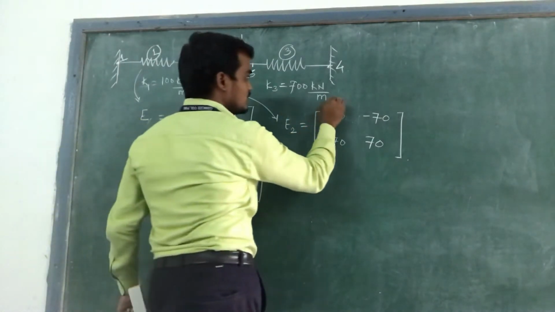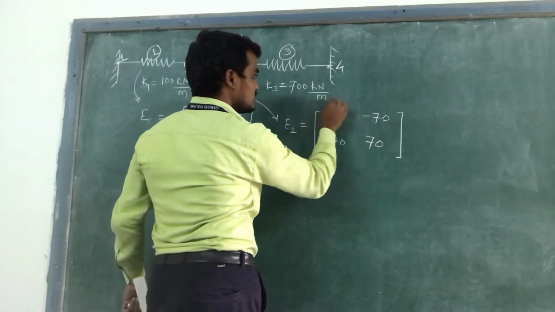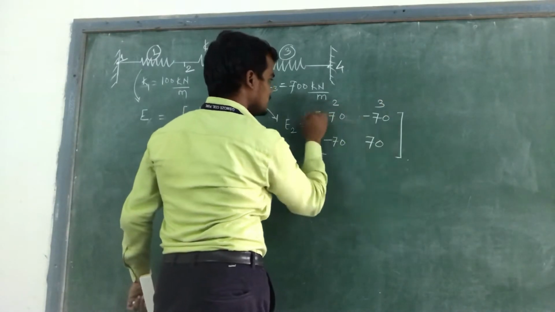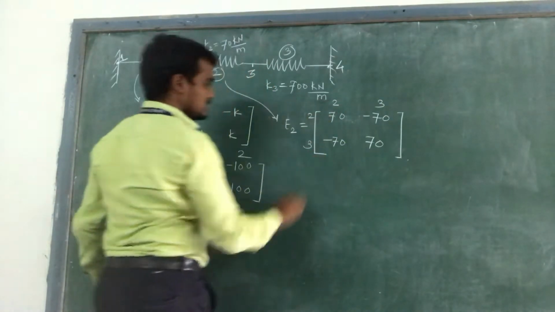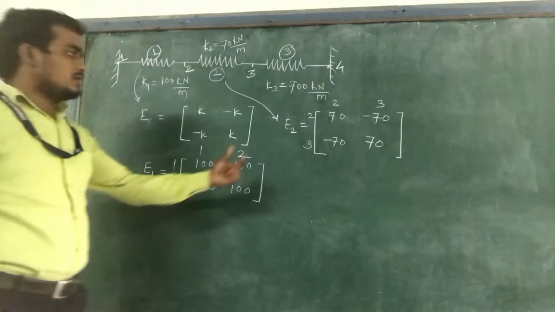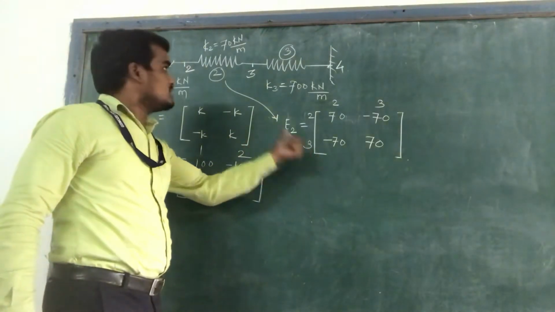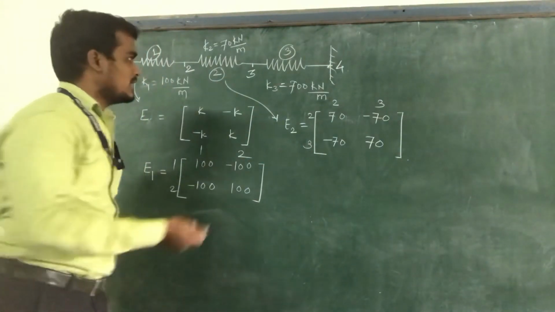Okay. So actually this is position between 2 and 3. In this way we can write the elemental stiffness matrix for the second element. Now the third and last one is